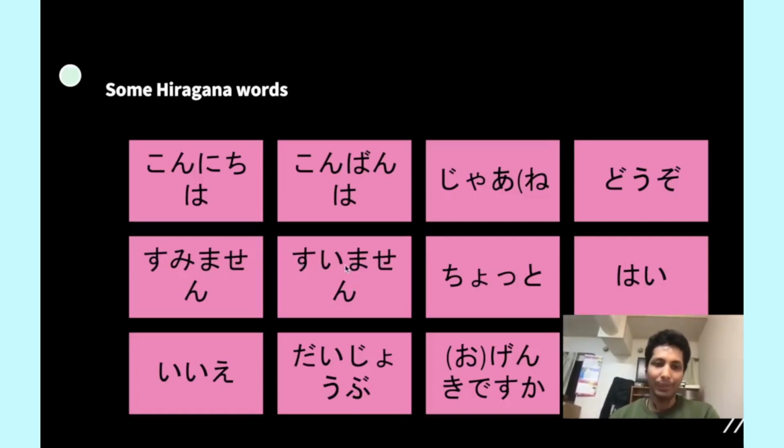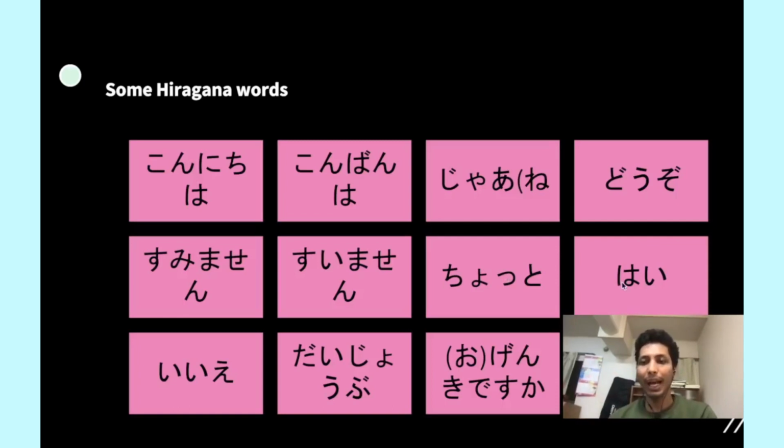Suimasen. Well, there is a very little difference between these and sumimasen, but I will not tell you the difference. You will find it out and write it in the comment box. This will be your assignment. Next, chotto. See, there is a new thing, a small tsu. Small tsu makes a pause, chotto, right? So sometimes we use this kind of small tsu to make a word with a small sound and a big sound.